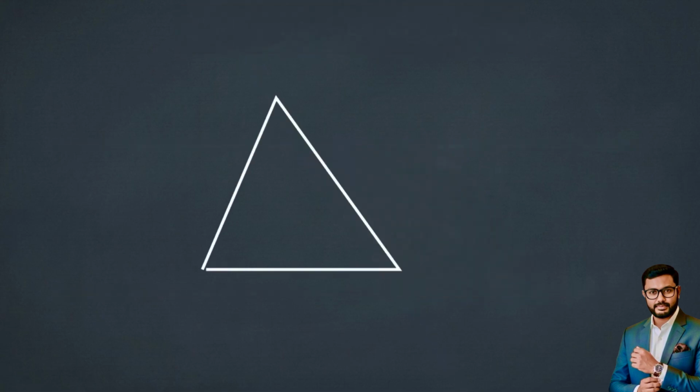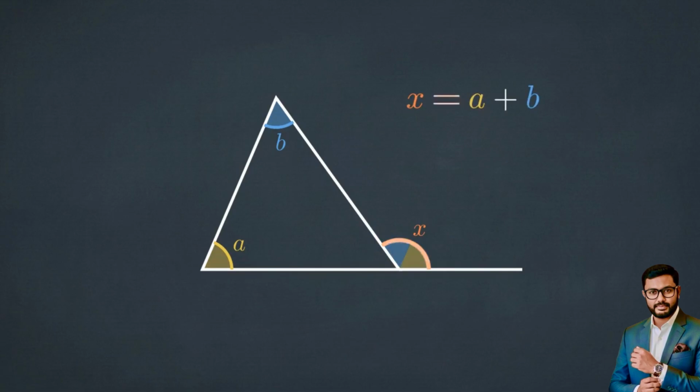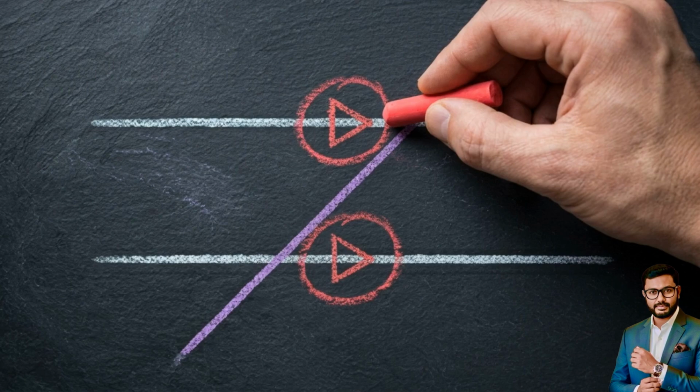In this triangle, extending one side creates an exterior angle. This exterior angle is always equal to the sum of the two interior opposite angles, expressed as x equals a plus b. In your exam, the presence of parallel line symbols is a direct instruction to search for these Z,